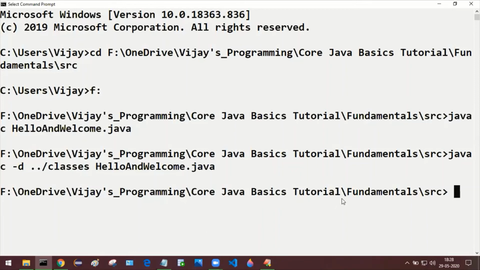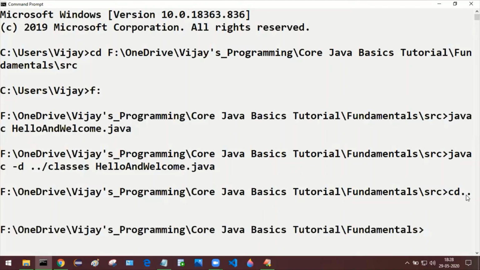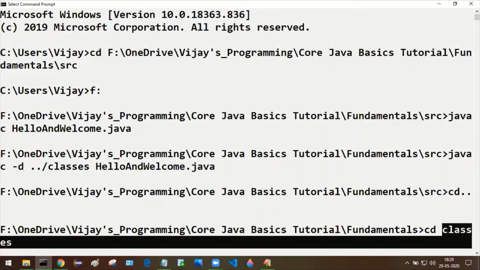Here I'm going back one folder by giving cd double dot. If you press enter, it'll go one step back to the previous folder, that is fundamentals. Here I'm changing the directory, cd classes. In this particular folder our .class file is kept.